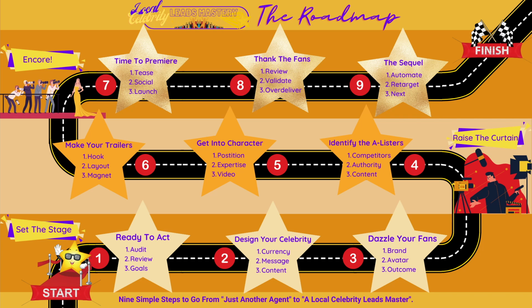So if you've not done the auditing and the reviewing and setting your goals, and you haven't got your currency yet and figured out exactly what your message is and worked on your content creation plan, those are all things you probably want to get done before you start really thinking about creating your perfect message, because essentially they are all the foundation and the building blocks to get up to this level.